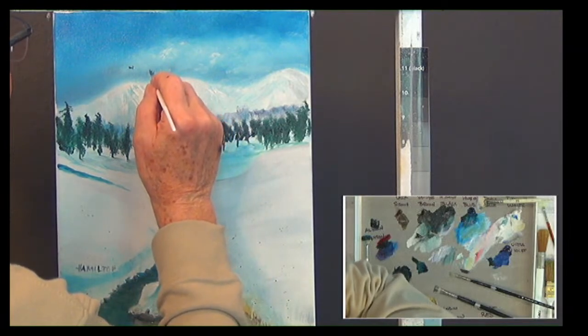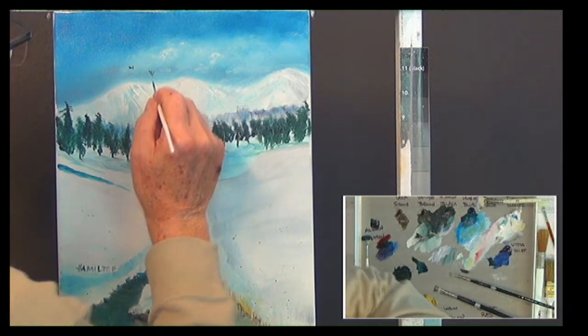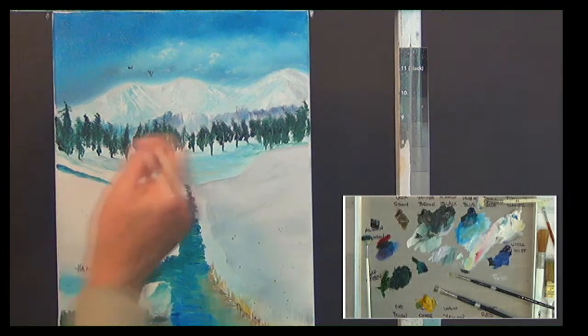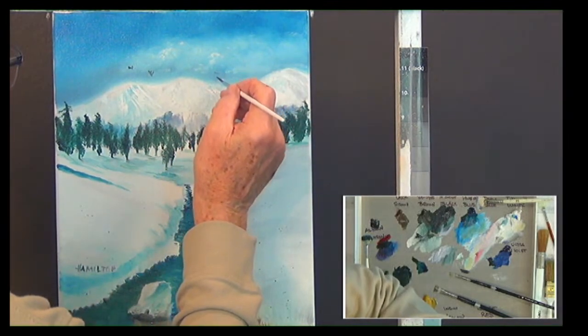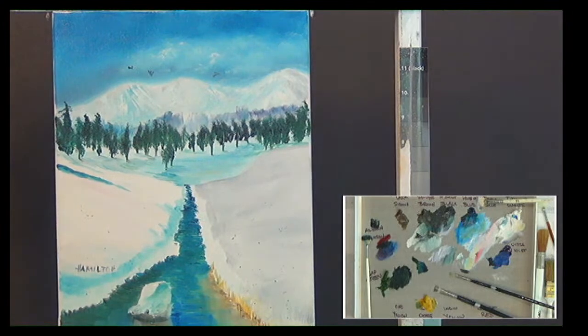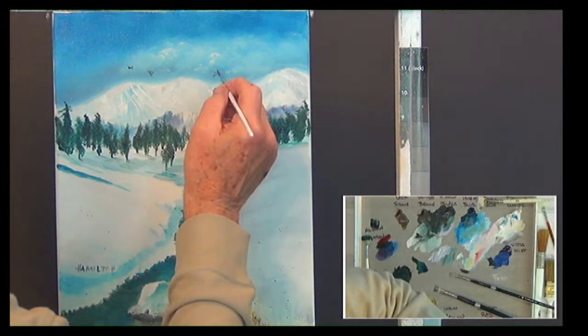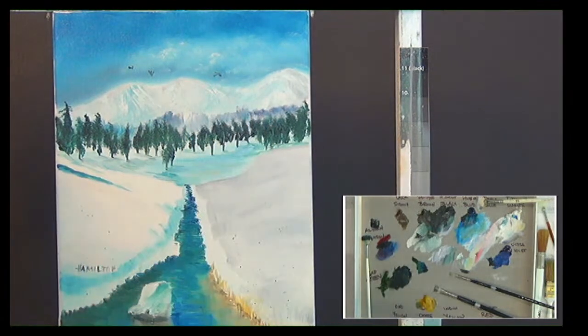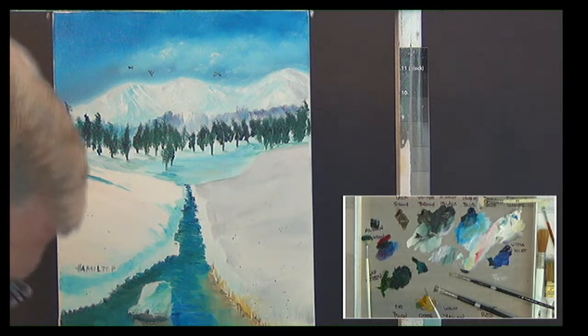I may have to move those out and try something better. I don't know. One over here. I don't like them. Maybe I'll take them out, but I'm going to say I'm done for now, folks,